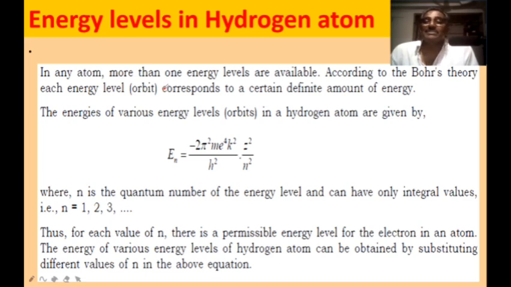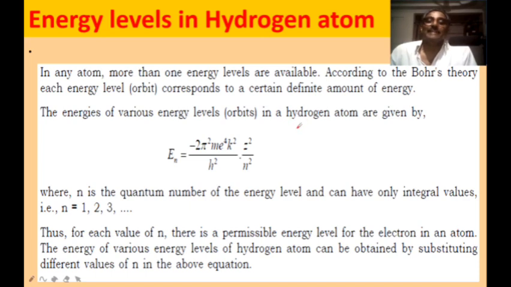But in the most stable state of hydrogen atom, the electron lies in the first energy level only. If that electron gains a quantum of energy equal to the difference between the energies of the first energy level and second energy level, then the electron gets excited to the second energy level. That state is said to be the excited state. There will be several excited states in an atom. The least energetic state is the ground state, and all the other states are said to be the excited states.